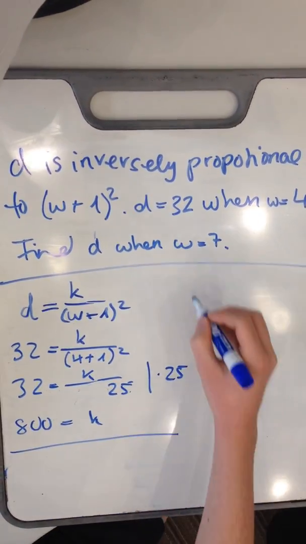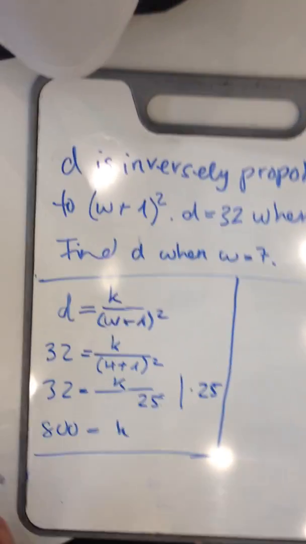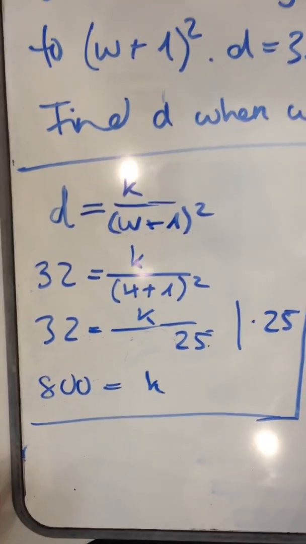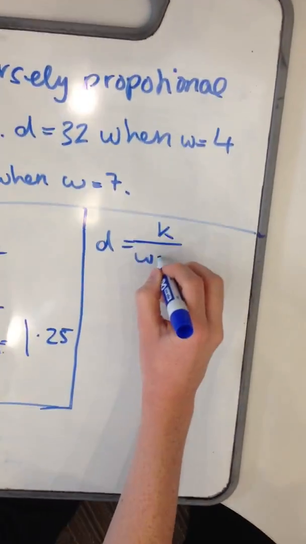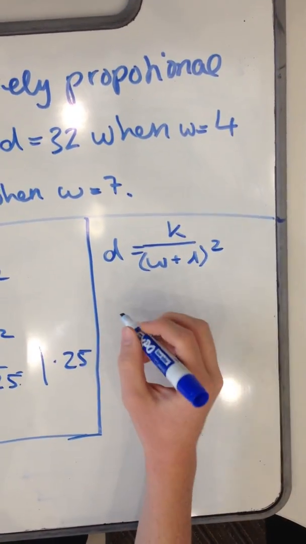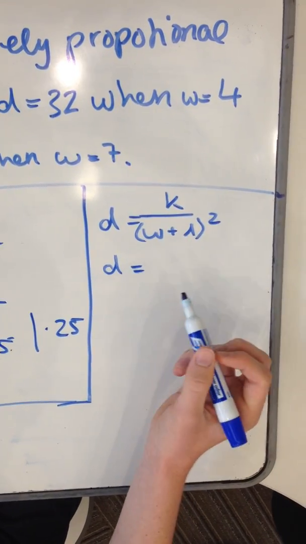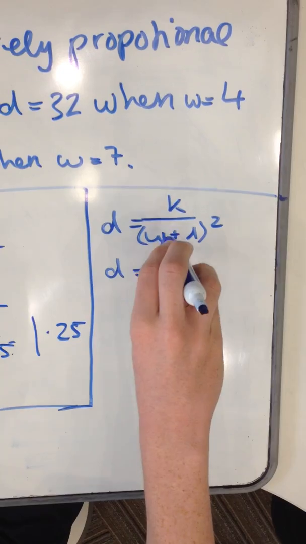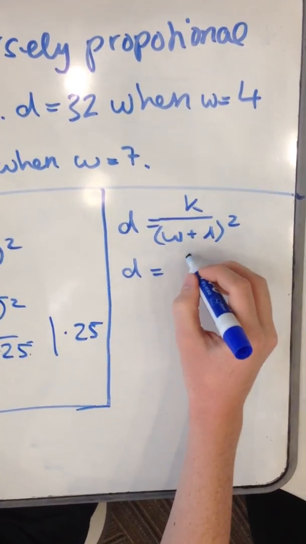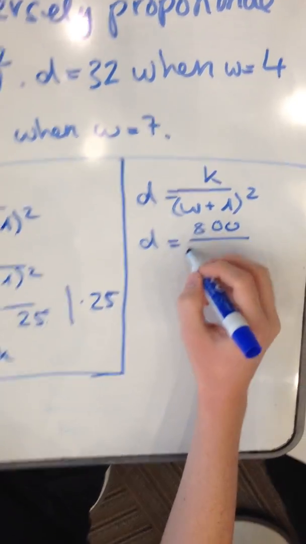So now moving on to the next part of the question, which is actually what they want you to answer. We're going to do the exact same thing, except W is now going to be equal to 7, so now it's going to be D equals K over 7 plus 1 squared. So that's going to be D, 7 instead of W. Okay, so D is going to be K over 7 plus 1 squared,